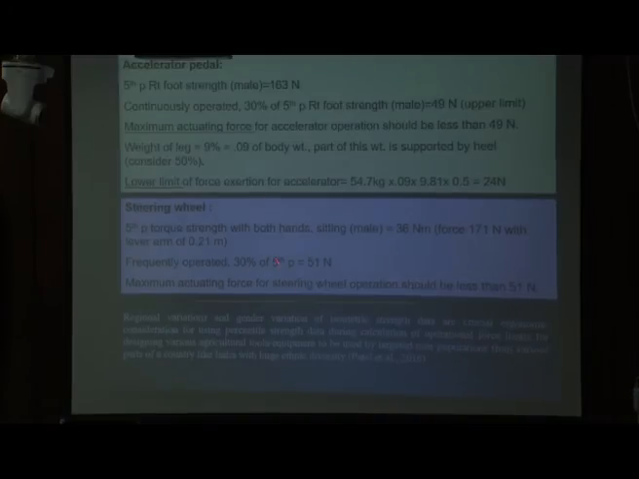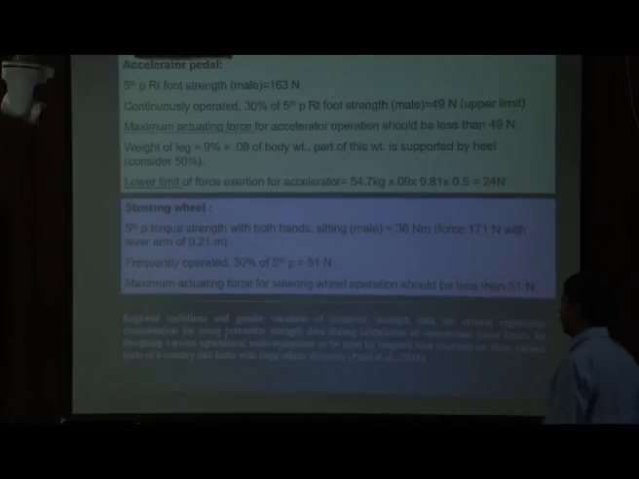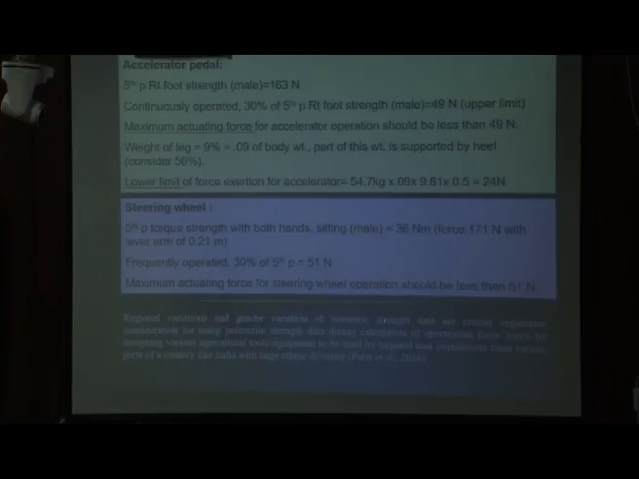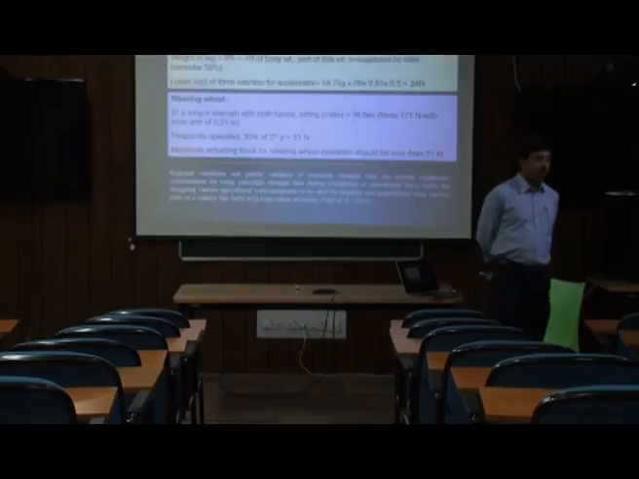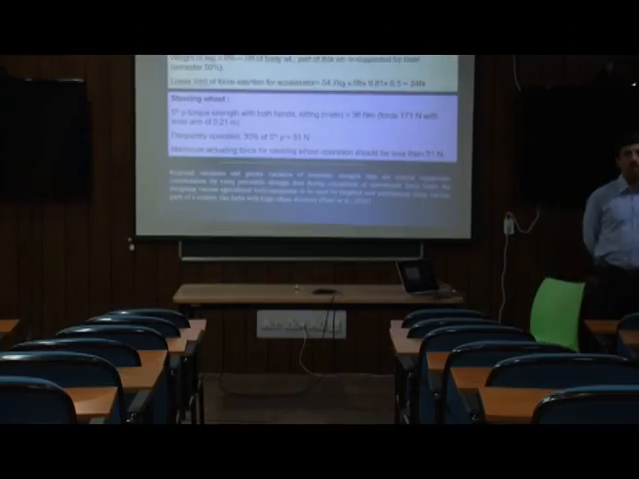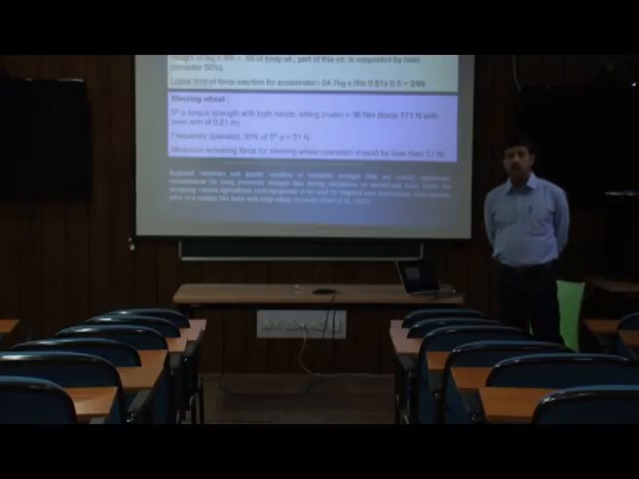Similarly, we can also decide the steering wheel torque. Regional variation and gender variation of isometric strength data are crucial for ergonomic consideration when using percentile strength data. Patel et al. 2016 mentioned that it is very important to use regional strength data for various types of facility. Particularly in this case, he gave the example of